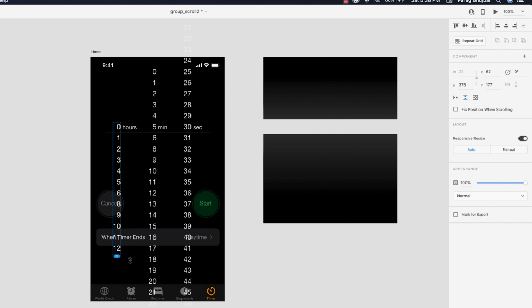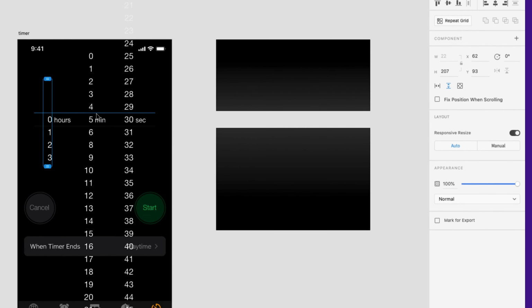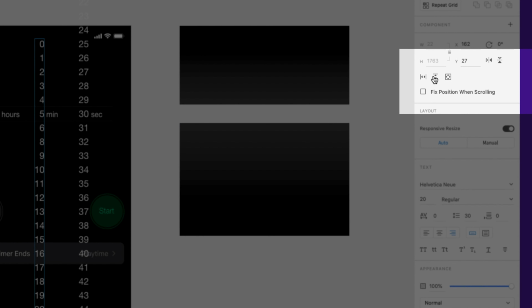Even you don't have to group when you have text inside a single point or paragraph text. Just click on vertical scroll and drag the blue indicator. Select vertical scroll.